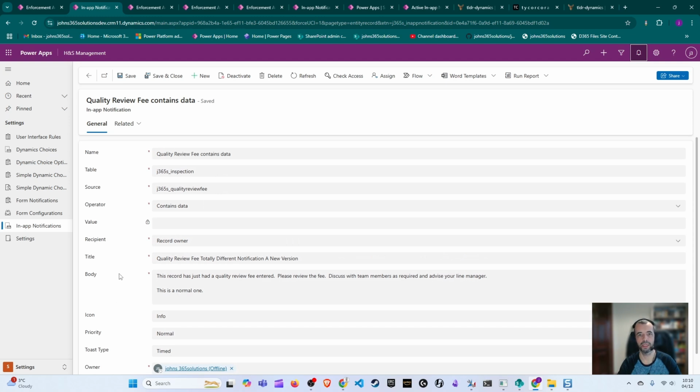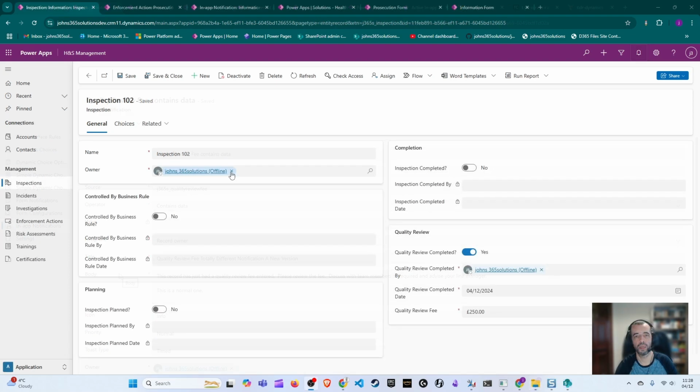What I'll do now is take a look at a few demos as to how this can work. Okay, so let's demonstrate this in-app functionality. Here we are on the inspection form. We have the quality review column here, and if this contains data, then I want to generate an app notification. So if I change this so I can trigger a save,